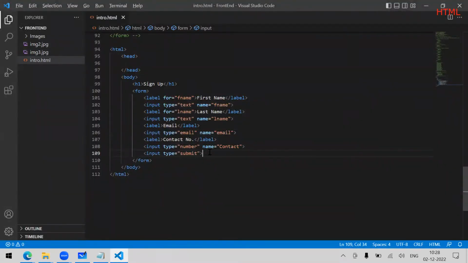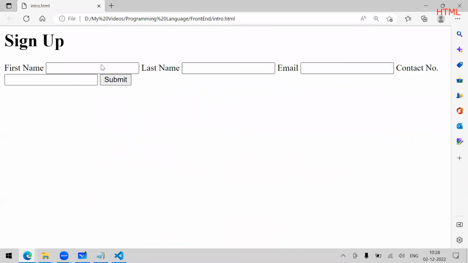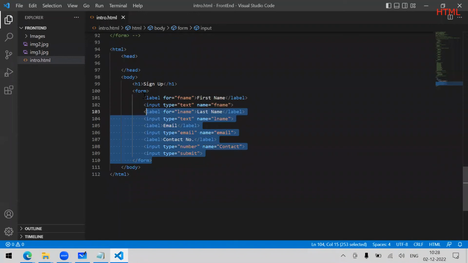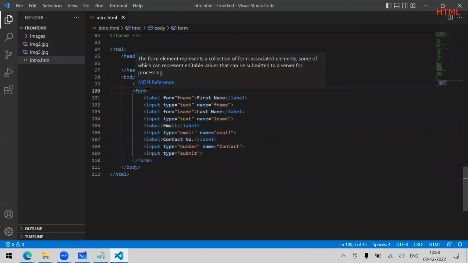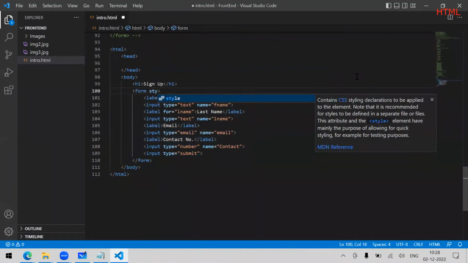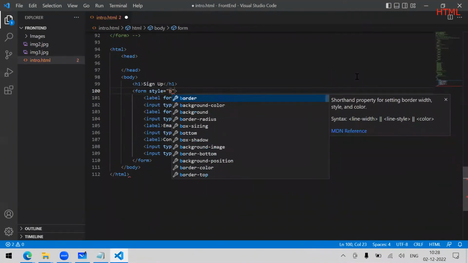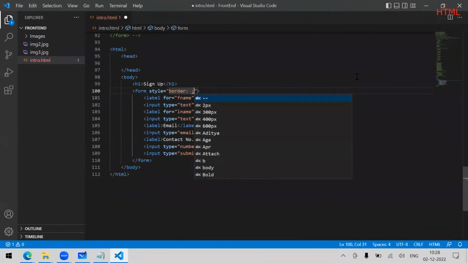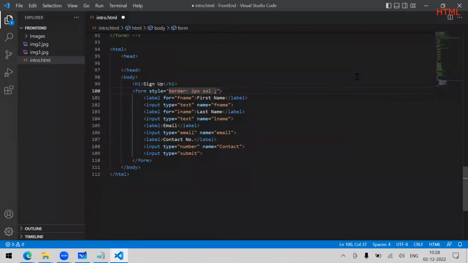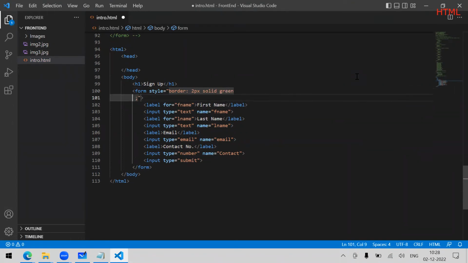But this form doesn't look good. This form doesn't look good because the form element is taking 100% width. Okay, what I will do, I will go here and I will say style. I will say style and I will say border. Okay, border, just to understand. We will understand border in detail, how these properties are given in CSS. Okay, 2 pixels solid, and if I say green,